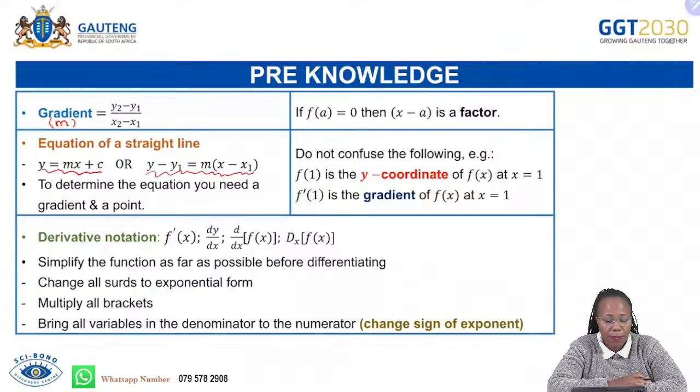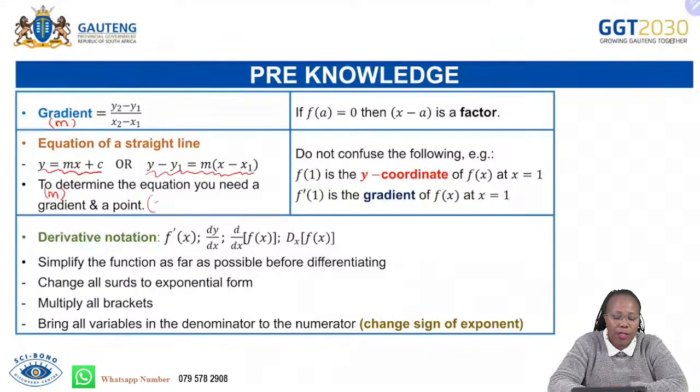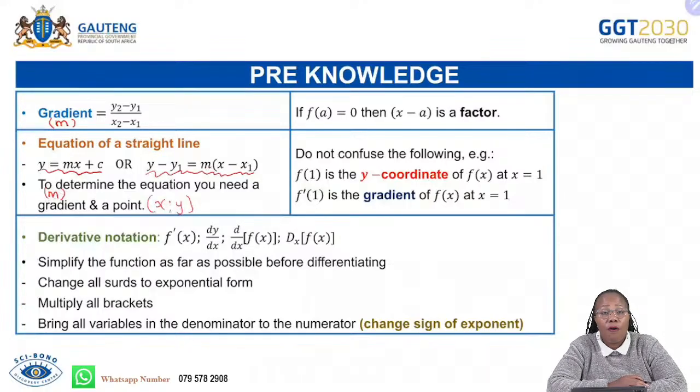answer for both. And then to determine this equation of any straight line graph, you need a gradient and a point. That means you need the value of m, and then you need a point that is having a coordinate. That means that is having the value of x and y. And this point must lie on the graph, okay? Or it must be an equation with a tangent. It must be at the point of contact to that particular graph,